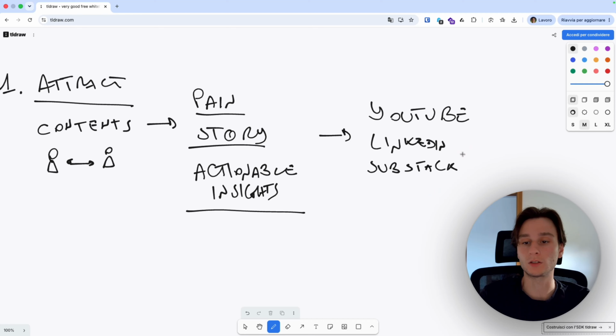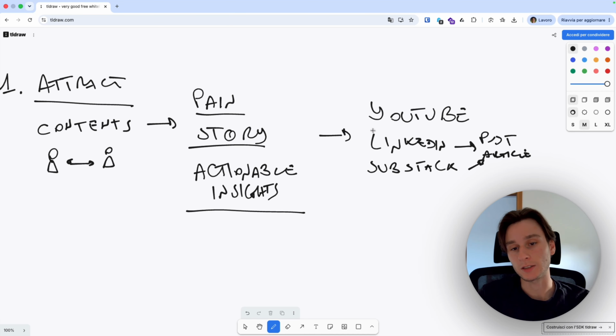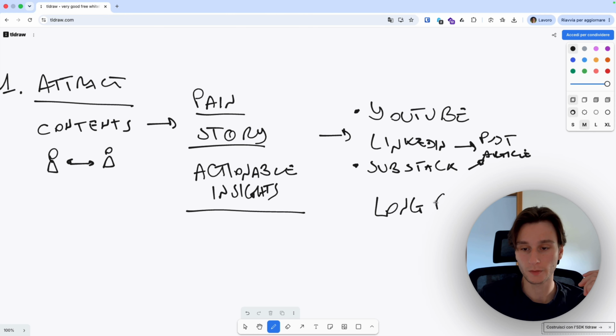So, first of all, on LinkedIn, there are 2 types of posts. So we have the post, and then we have the articles. Actually, the same is on Substack. And I insist very much on YouTube and Substack, especially recently. I want to point to these 2 platforms because these are content platforms which are the best to establish trust.